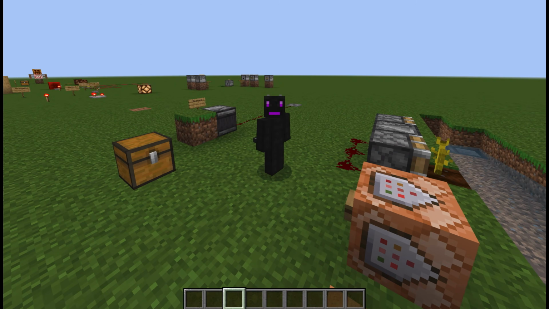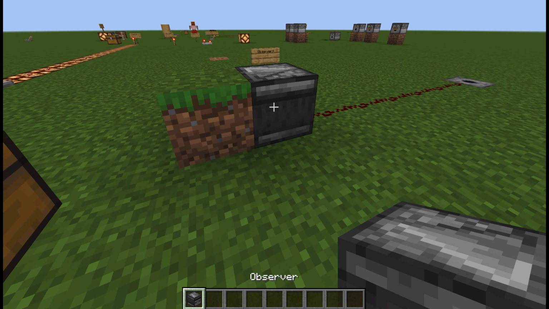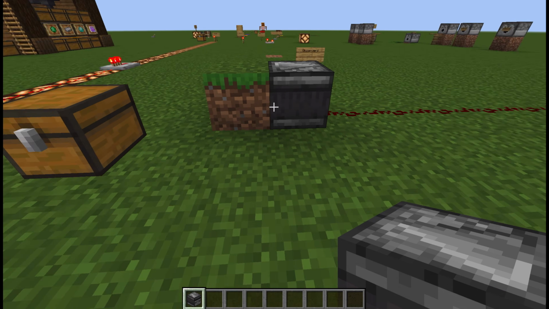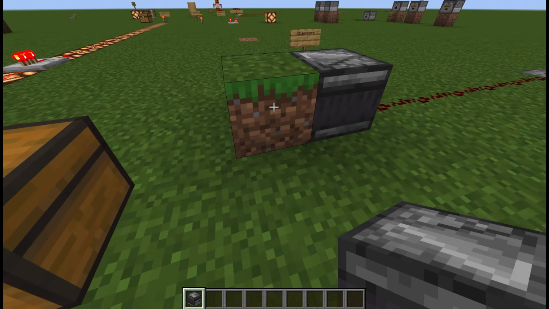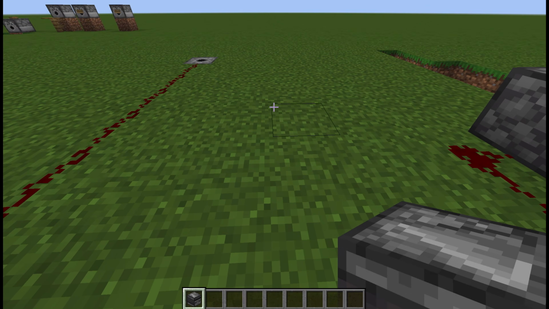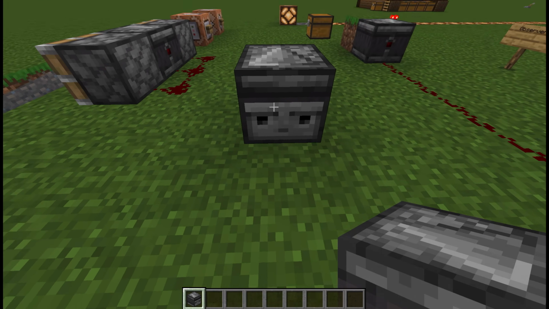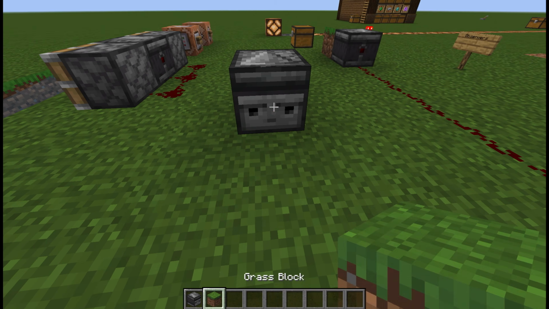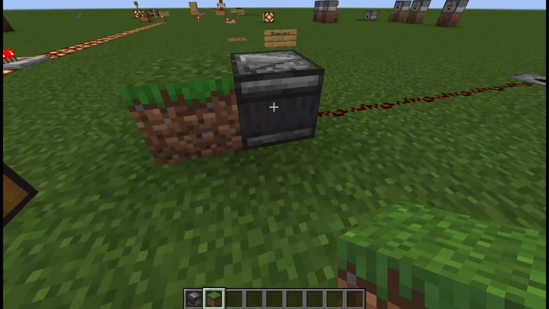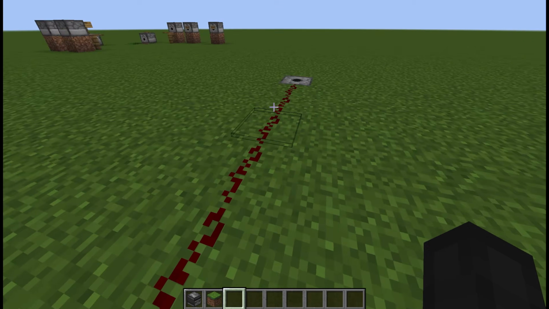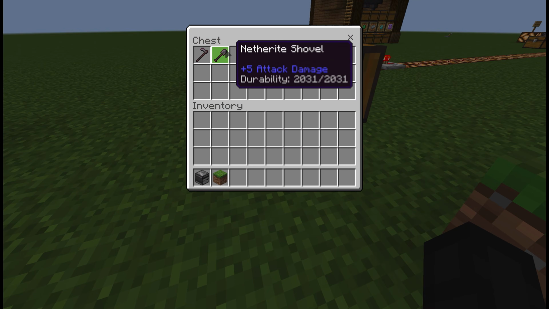Next, we have the observer. What the observer does is basically detect the block it's looking at. When you place an observer down, the side with the face on it is the side that detects the block. As you can see here, I already have a contraption here, and in this chest we have a